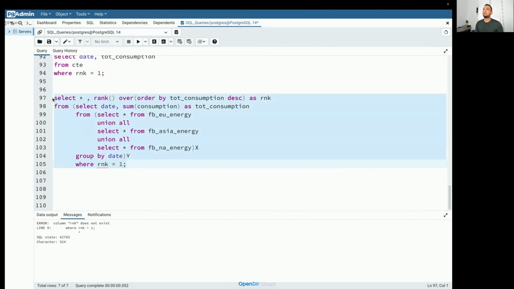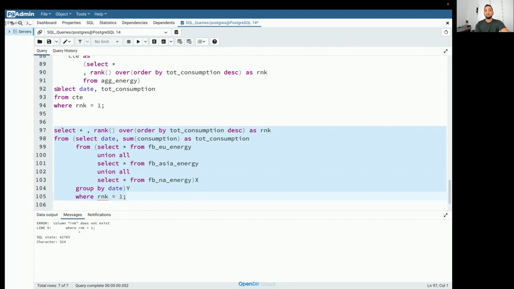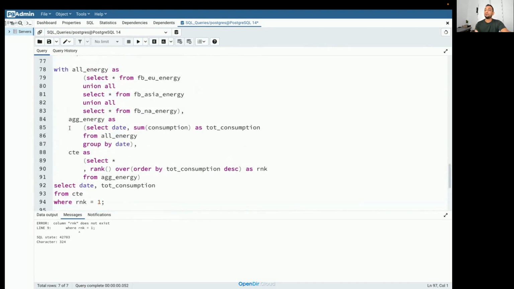Did anyone else, did everyone at least try to convert this into a query using only subqueries? Did everyone try? Okay, one more minute. By doing this exercise, you will get more comfortable using the with clause and subqueries. Trust me, we use subqueries and the with clause every single day. If you are going to be working on SQL, you have to be very confident in subqueries, the with clause, joins, group by. These are like bread and butter, and window functions.